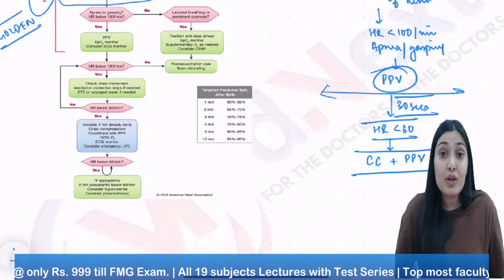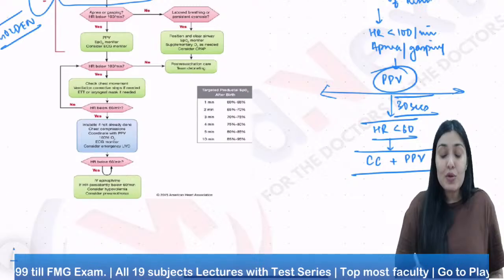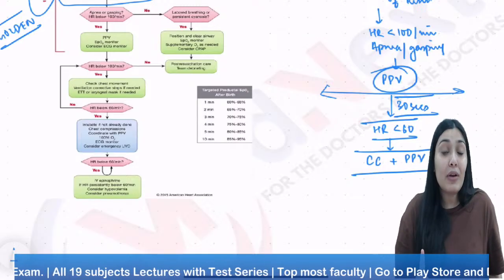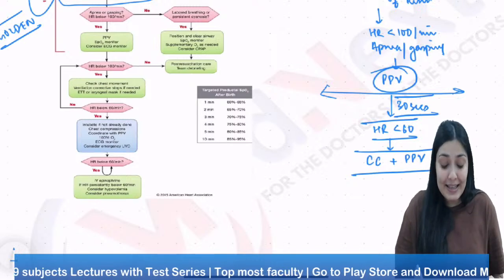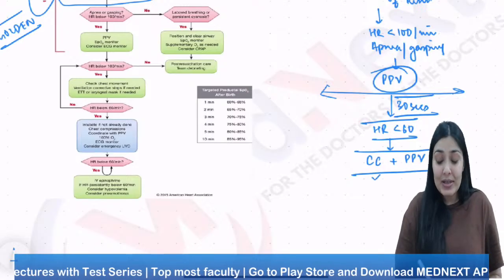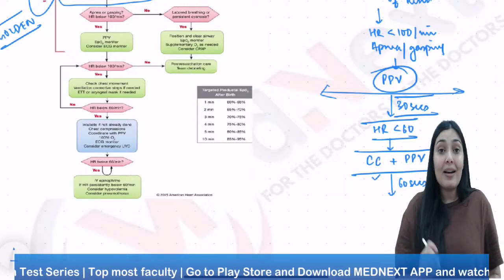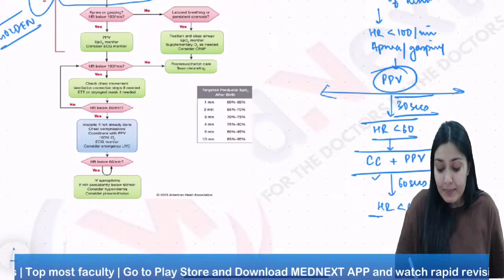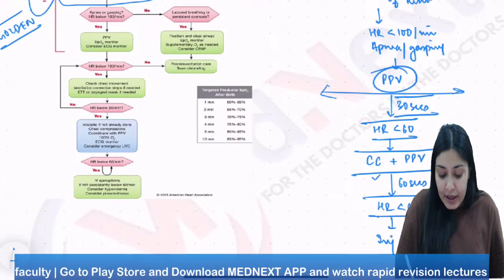And if you have not intubated the child earlier, you have to intubate the child now, right? So what would be the indication for chest compression? If after 30 seconds of effective positive pressure ventilation, the heart rate is less than 60 or the baby is not breathing, then we start chest compressions. After 60 seconds or 1 minute of chest compression, we check the heart rate again. If the heart rate is still less than 60, then we give injection epinephrine,